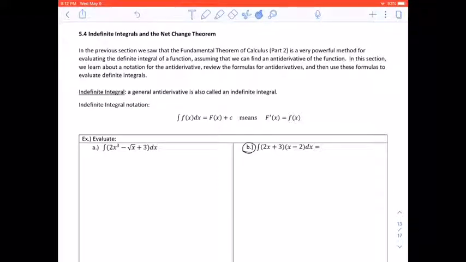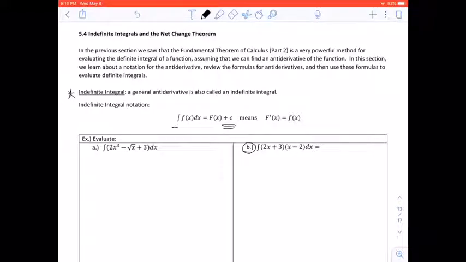So an indefinite integral, this is different than what we just talked about in 5.3. An indefinite integral is a general antiderivative. The notation is the integral of f of x dx is equal to capital F of x plus c, which means capital F prime of x is equal to f of x. All that I want you to realize here is that the integral has no values on it. It has no lower bound and no upper bound. And when we have this kind of integral, this indefinite integral, you need to add a plus c to your